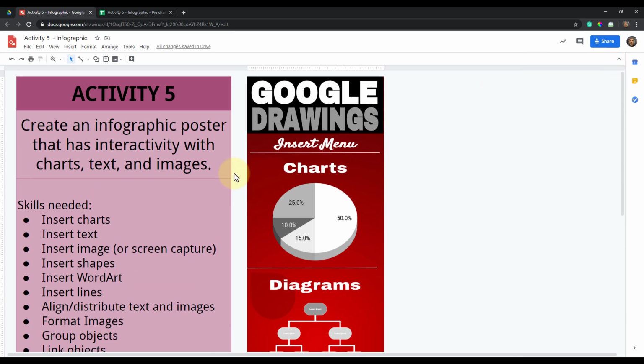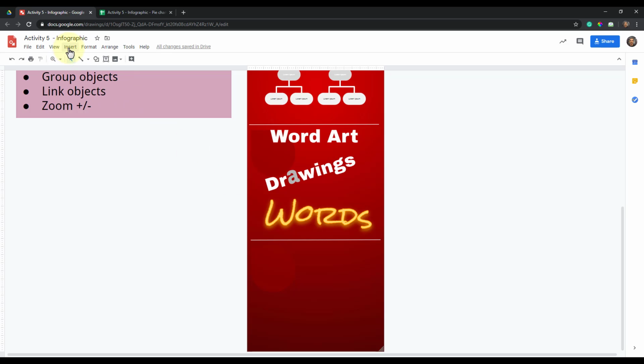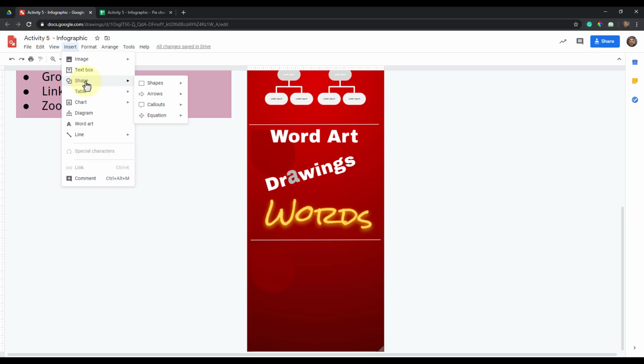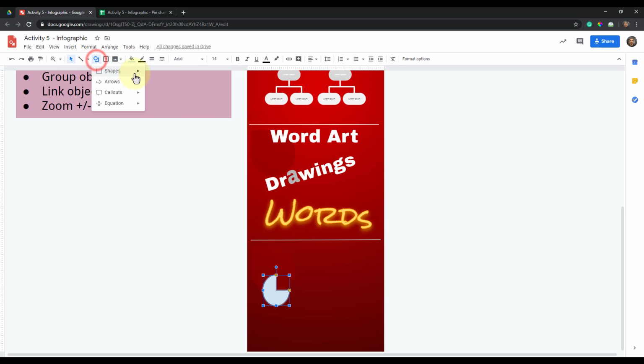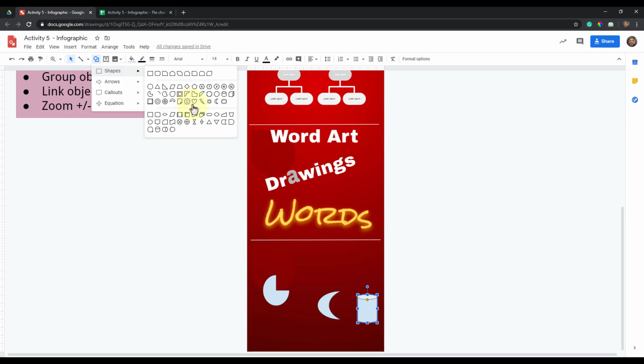for inserting into drawings. And so the last one we'll do is just inserting shapes and lines. So I'll go ahead and pick out a couple shapes. We'll do a little pie graph. Maybe we'll do a moon. Kind of looks like the pie graph. Do a 3D shape. So I'm just picking several different things so you can see